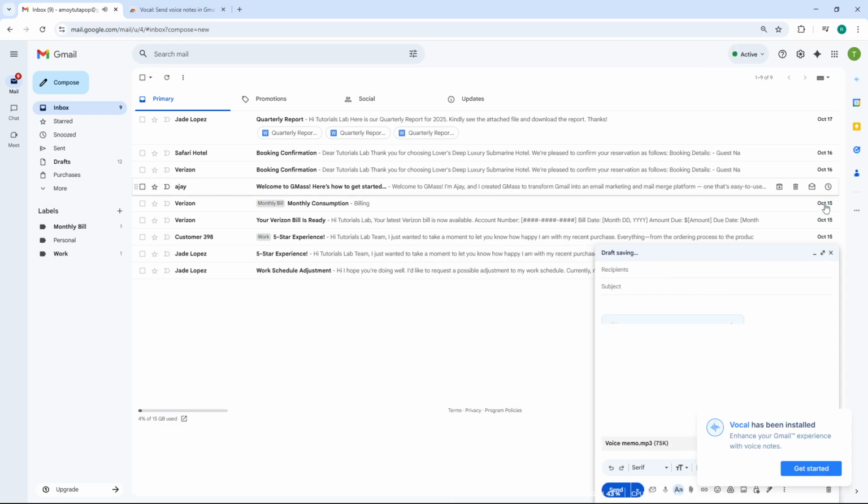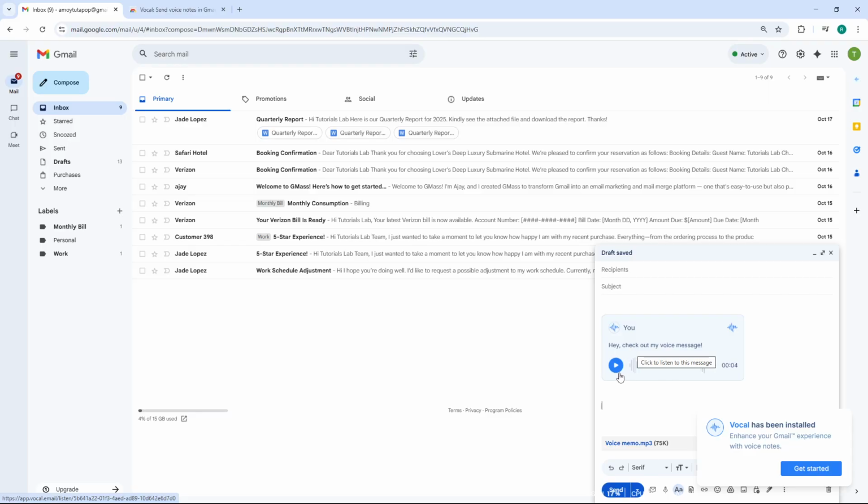Before sending, take a moment to review your recording to ensure everything sounds clear and complete. Once you're satisfied, click Send. Your voice message will be attached to your email reply as an MP3 file, allowing the recipient to listen to your message directly. This feature is especially useful for conveying tone, explaining complex topics, or simply adding a warm, personal element to your professional